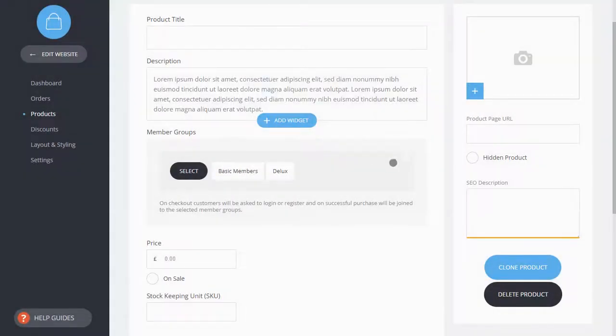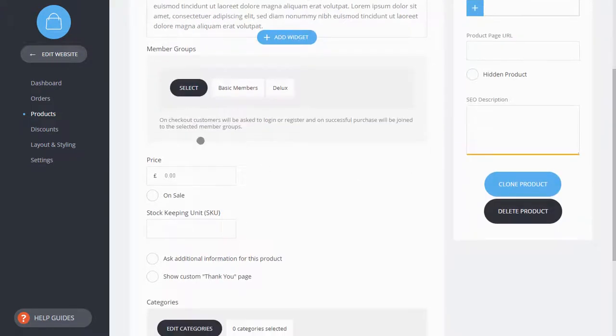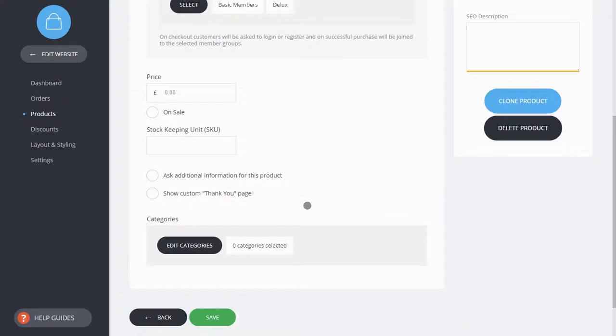You can list as many different member groups as you want, and that will be assigned only on a successful purchase. You can add a price with a stock keeping unit, of course, additional information, and a custom thank you page. A custom thank you page is actually, in my opinion, very important here, because after a successful purchase, you